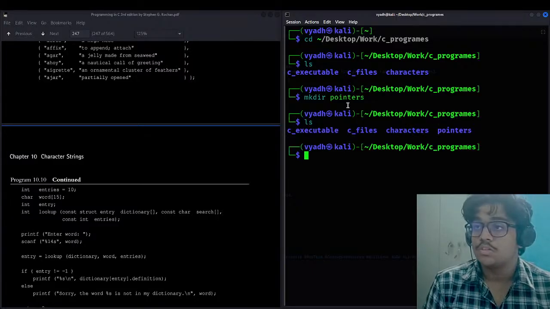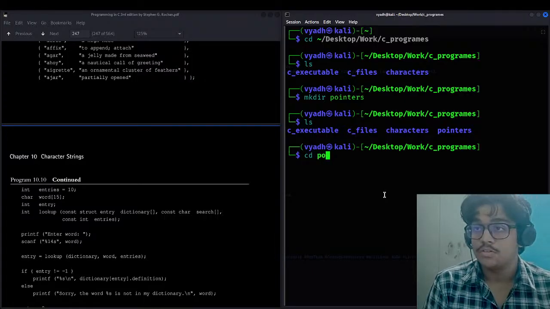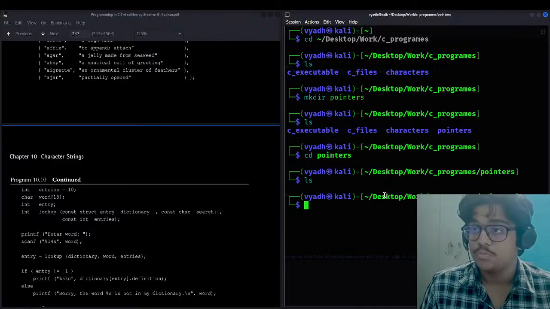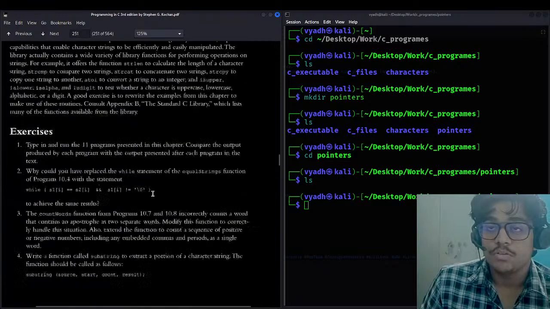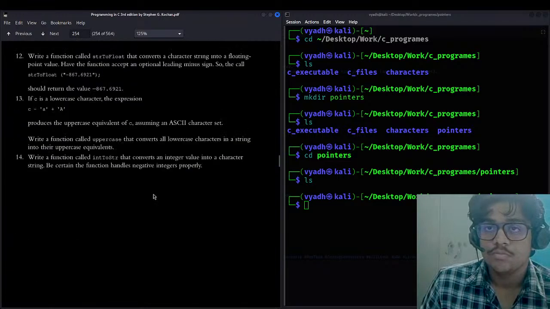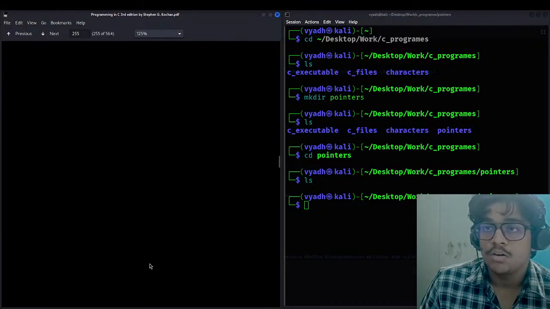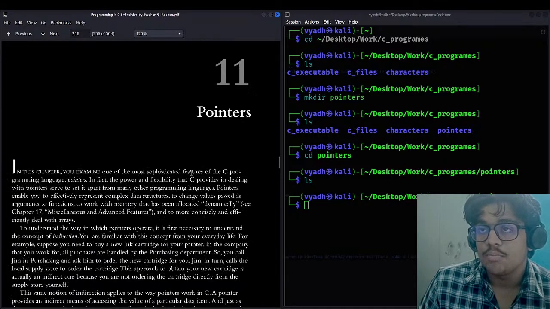I've also changed the theme today. cd pointers, ls. Now we should be starting our new unit, that is pointers. I don't know whether I have completed that last part or not. If it is not completed, I will complete it at the end.